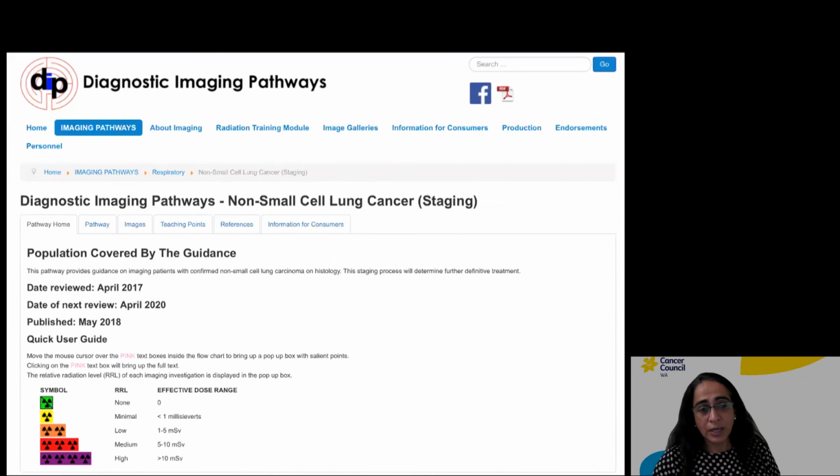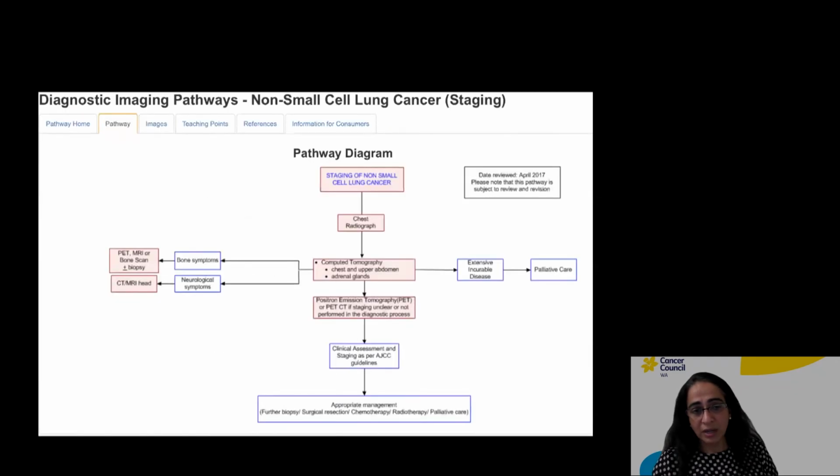If you click on a pathway, for example non-small cell lung cancer, it takes you to the home page for that pathway. The radiation doses for various modalities have been indicated by radiation symbols as shown here. When you click on the pathway icon, it leads to a pathway, here for example for staging of non-small cell cancer. It starts off by